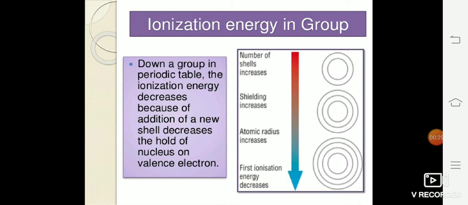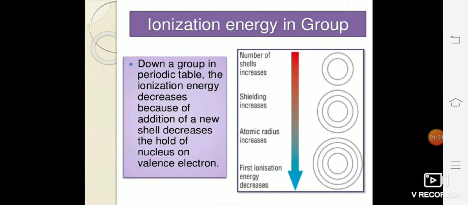So now we have discussed only the ionization energy part. Now what is first ionization energy? Let's take the example of aluminium, where we have 3 electrons in the valence shell. When we remove the first electron from aluminium from its valence shell, it is called first ionization energy. When the second electron is removed from aluminium, it is called second ionization energy. All the 3 electrons are not removed together, it is a step by step process. This part you will be learning in your higher standards.